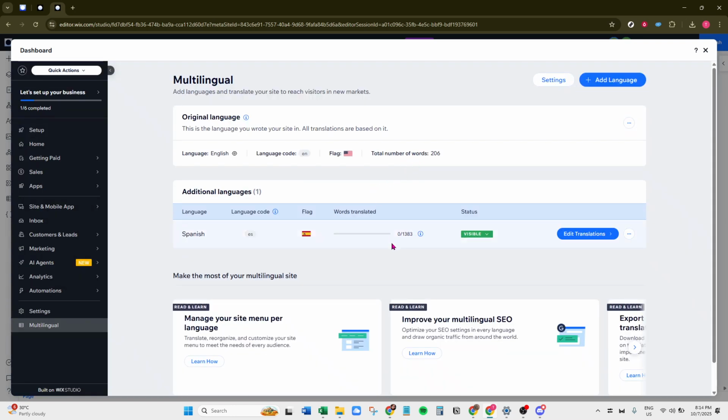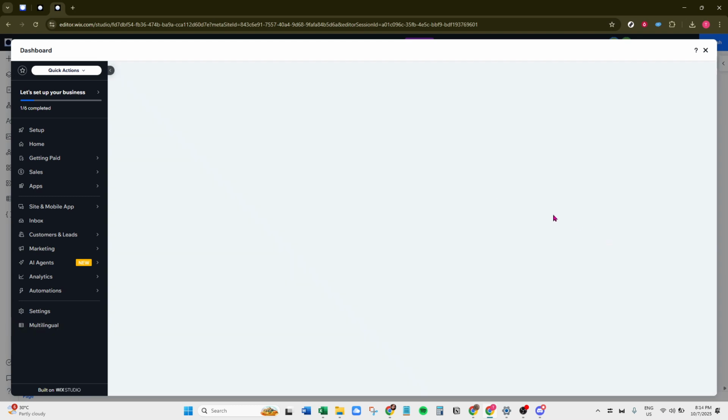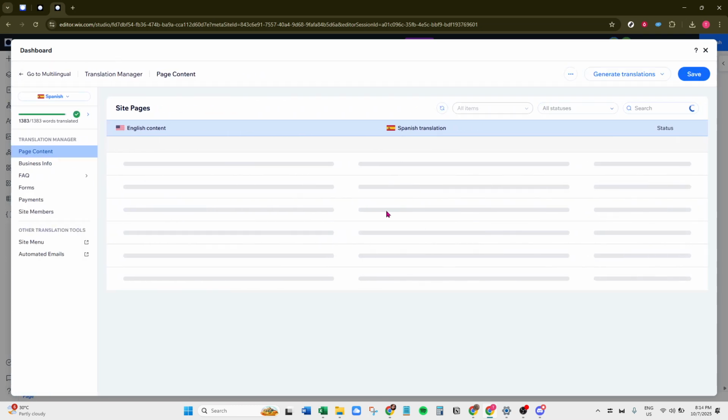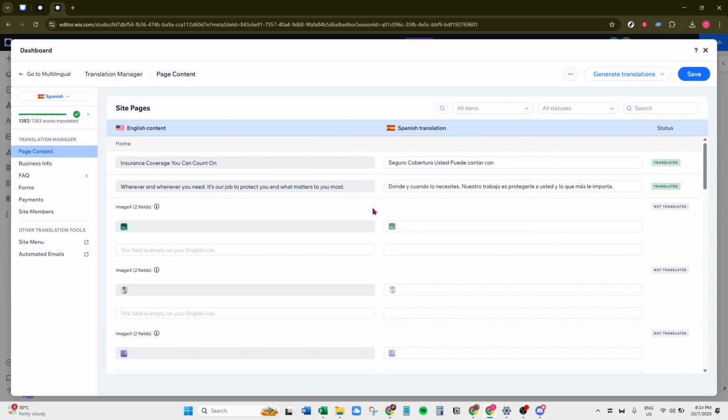Next, you'll enhance user experience by adding a language switcher. Start by clicking the header of your site, where you'll be able to place this important tool. It enables visitors to switch between languages seamlessly. Click the plus sign and search for Multilingual. Once found, click Add to Site. This action integrates the language switcher into your site, making it easily accessible to users.